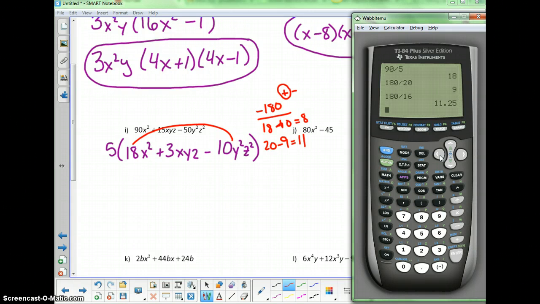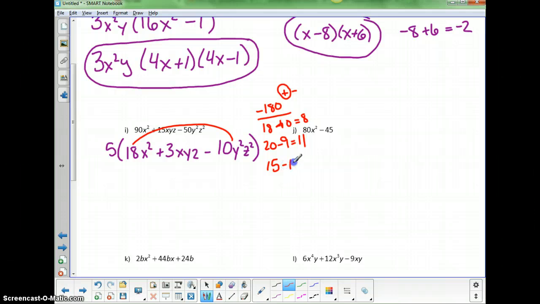That didn't work, so let's try again. 180 divided by 15 is 12, so 15 minus 12 is 3. Okay, so when I split this up for grouping, I'm going to split it up as 18x squared